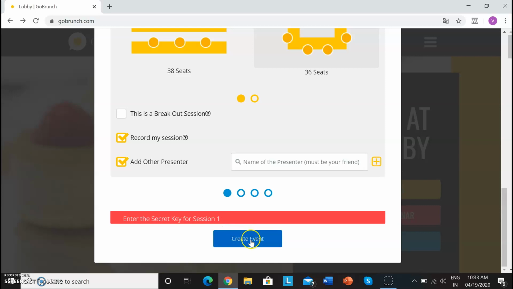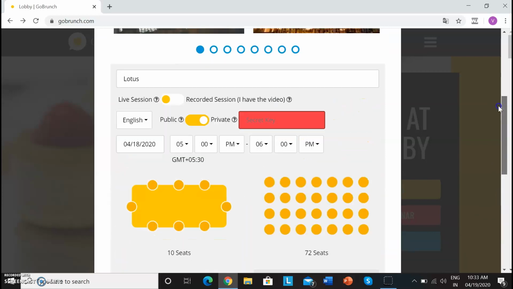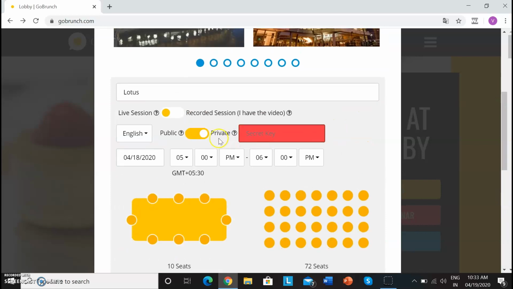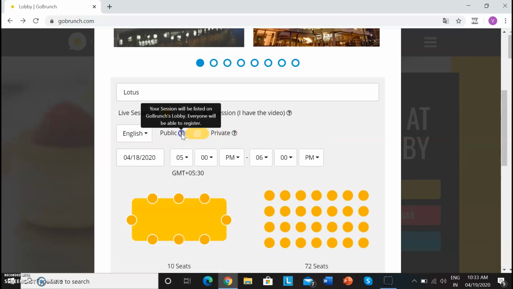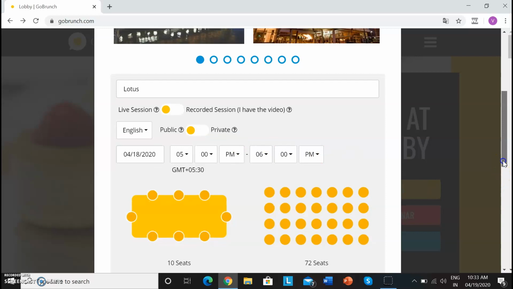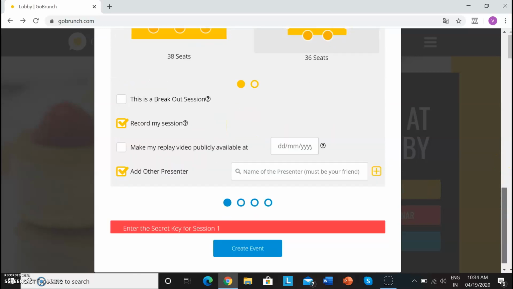Okay. Enter secret key for session 1. Okay, I have not created it. So once I have completed that also, I have to enter the secret key. So I want to make it public. So let me not make it private. If I make it private, I will have to enter the secret key. So let me make it public, and when I make it public, you can see now